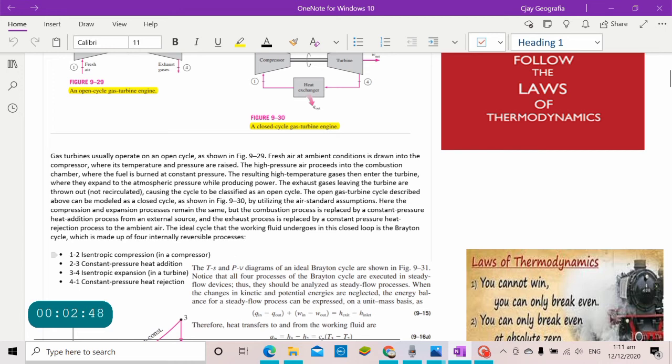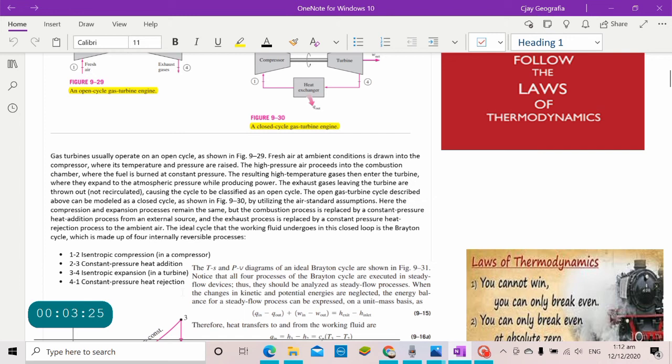So first, I want to talk about isentropic compression. It is the adiabatic, quasi-static or reversible compression in the inlet or compressor. 2 to 3 is constant pressure heat addition, also called constant pressure fuel combustion, idealized as constant pressure heat addition. Then isentropic expansion in a turbine, or adiabatic